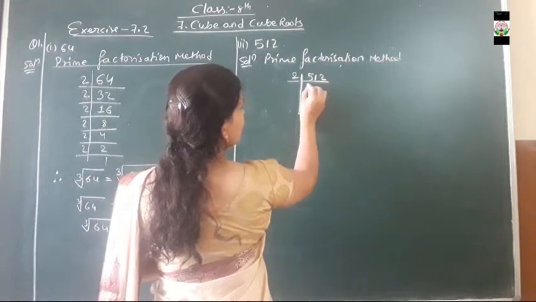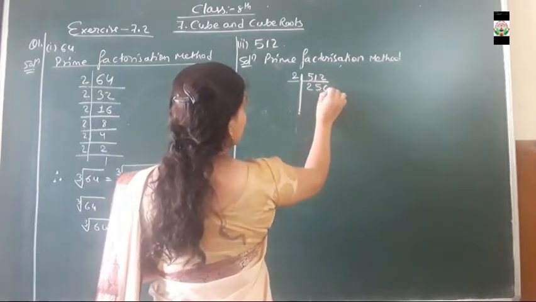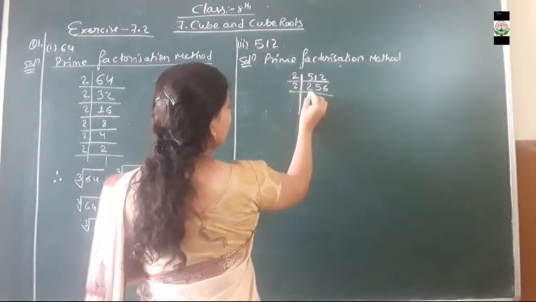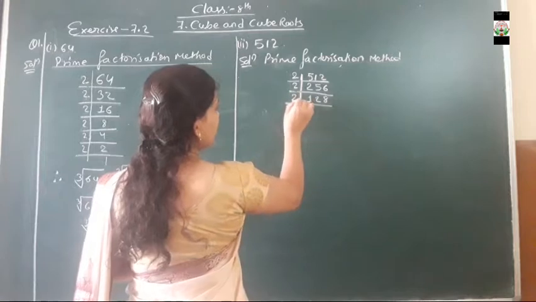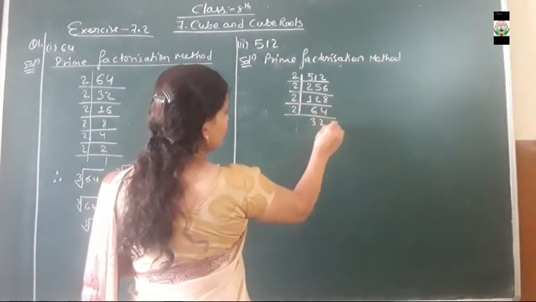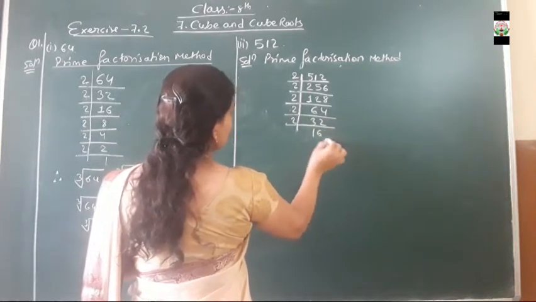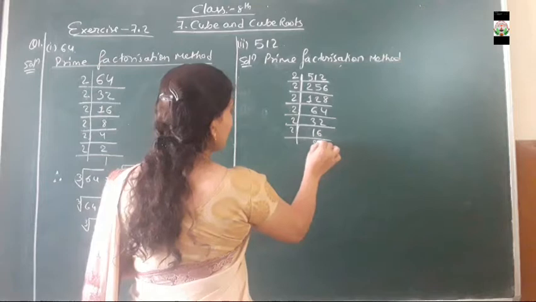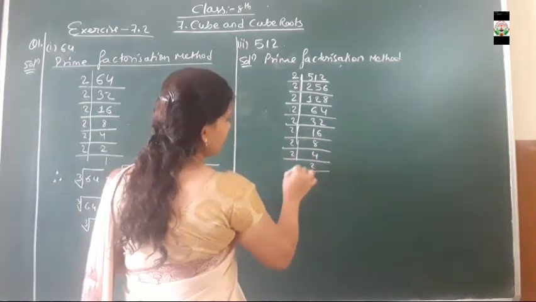5 comes, that means 2. Here 1 carry, so 5. So it will become 6. Now again by the table of 2, 1 time 2 and 16, that is 8. Then again 2, here 6, here it will be 4. Then 32. Then again 2, 1 time 6, 16 time. Then again 2, 8. Again 8, 4. Again 2, 2 and this one.